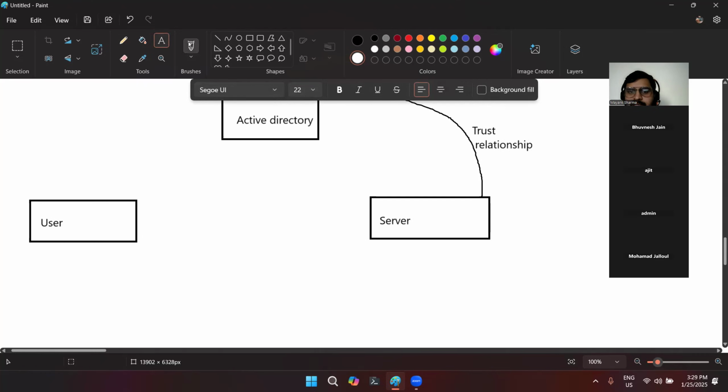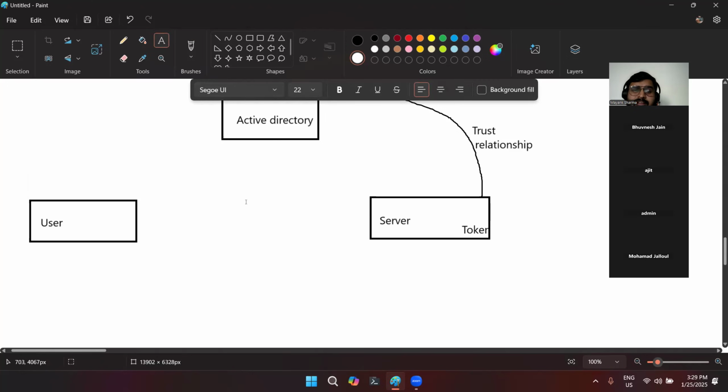In this trust relationship, Active Directory provides some tokens to verify. So whenever a particular user comes, let's say Azure Active Directory is approving some user, they take some bits of that token, and when the server receives it, it will check with its own token, to see whether it was sent from that particular directory or not. This is how it is authorized. That is a further part.